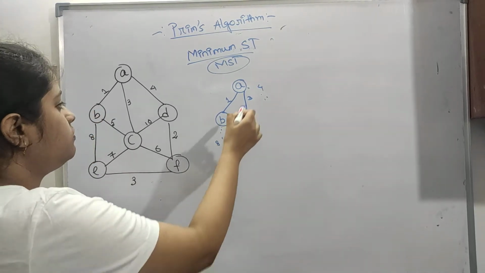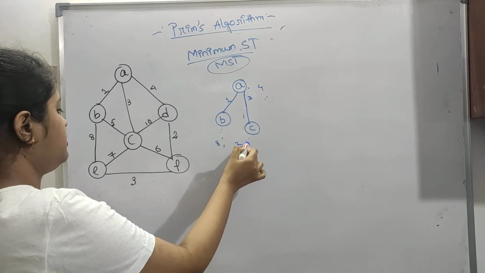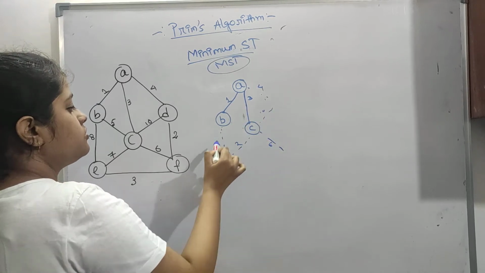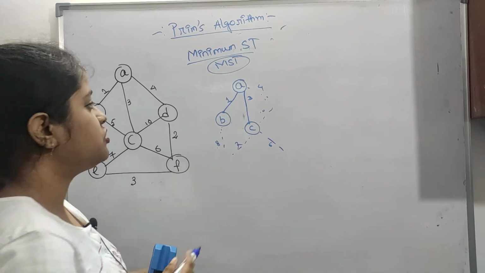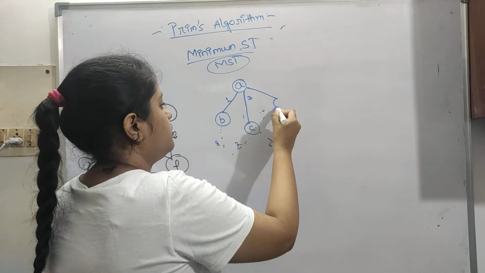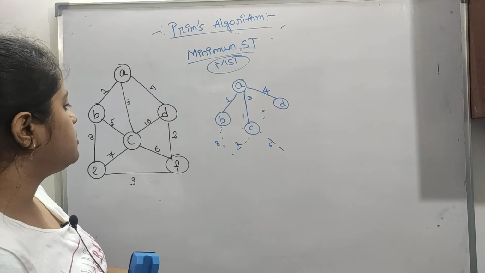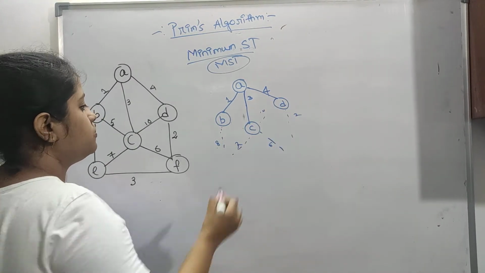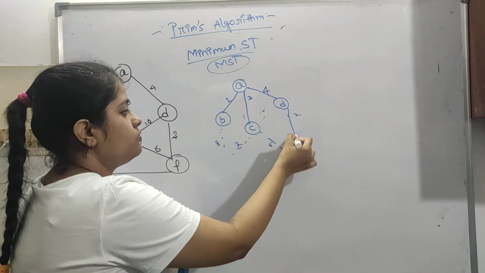Okay, so now from C we have got 7, we have got 6 and we have got 10. So among 7, 6, 8, 4, 4 is the minimum. So rub this out, so 4, this is D, so 4 is chosen. Okay, so now from D this is 2, so 2 is minimum amongst all these 8, 7, 6, 10, so 2 is chosen.